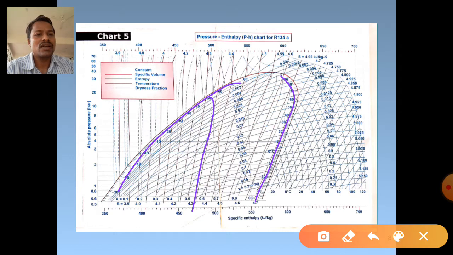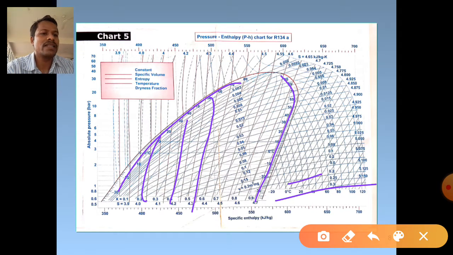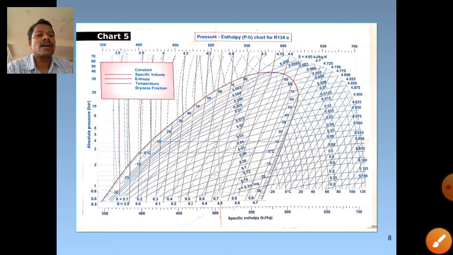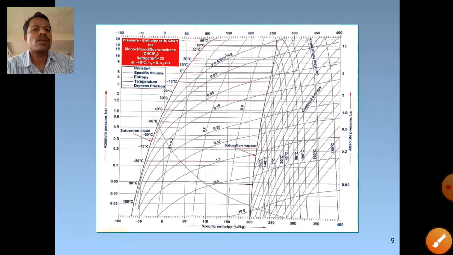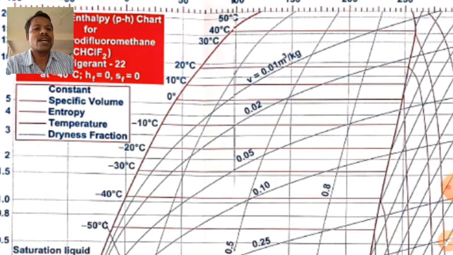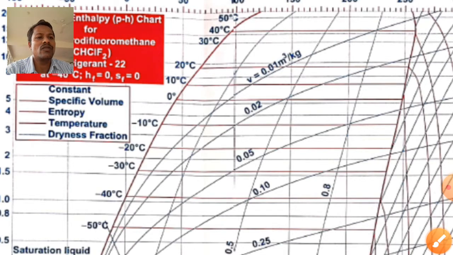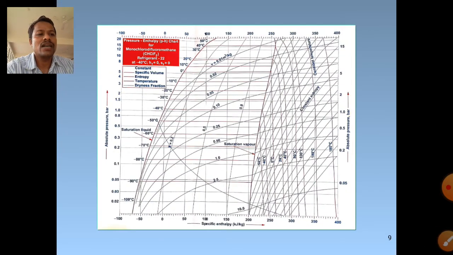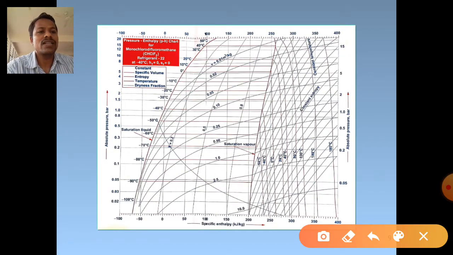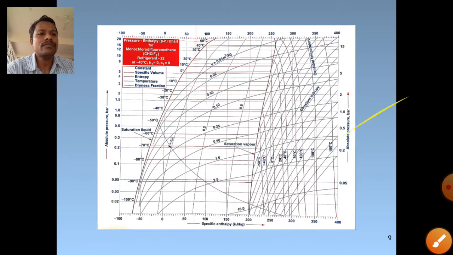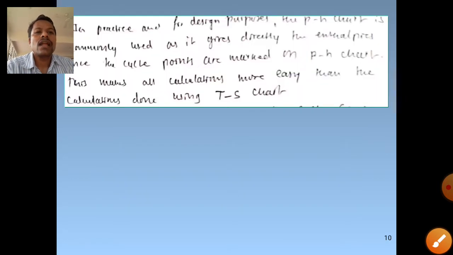These are constant dryness fraction lines available, constant volume lines are also available, and these are constant entropy lines. Then we have one more refrigerant chart, that is for Freon 22 or refrigerant 22. So depending upon the type of refrigerant and properties, we have different charts with us. Now see, in the process